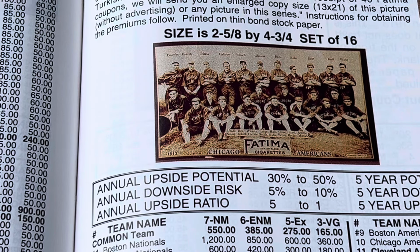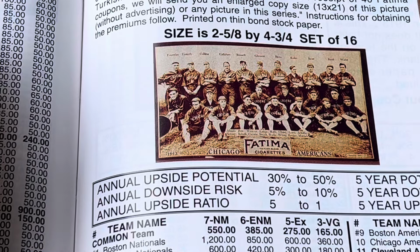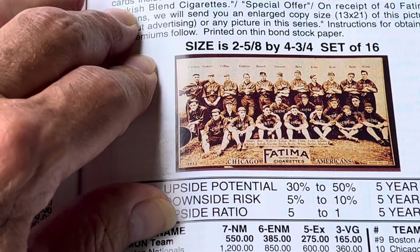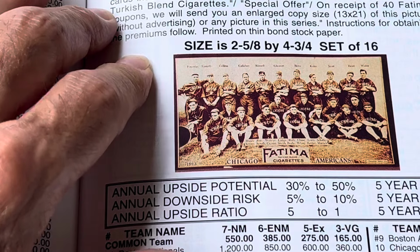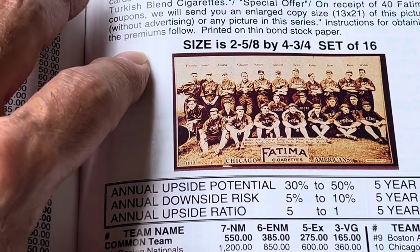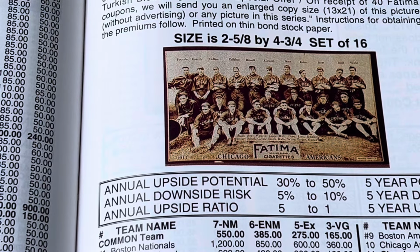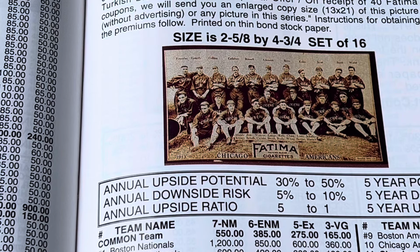The front of the cards show a complete team with each player's name above or below the black and white team photo. On either side is the team and the league. It says that there were actually 16 different teams and a total of 369 different players in there. And on the backs,